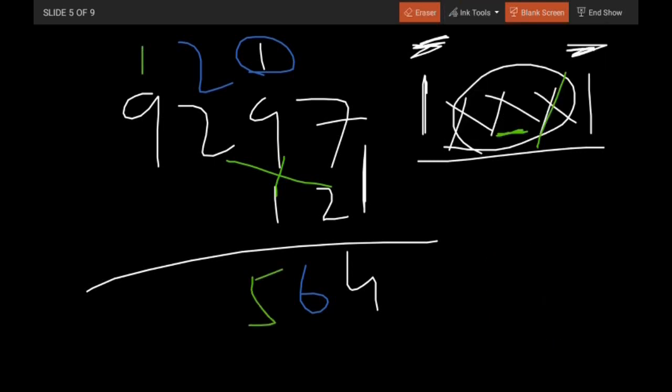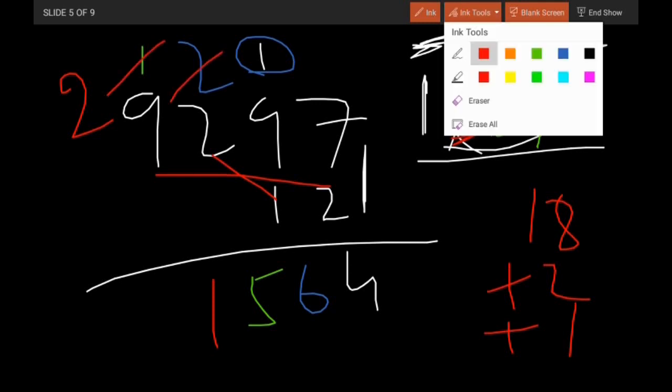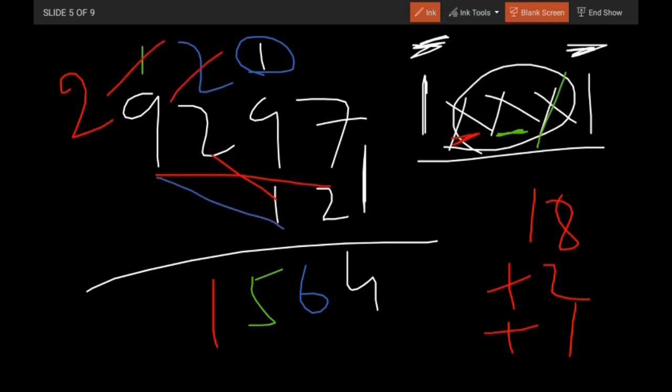Okay, now the next step is again cross this one. So it's going to be like that. I'll just erase this one, right? It's going to be like this. 2 9s are 18, plus 2, plus 1 carry, so it's going to be 21. Cancel out these. Now the last step is going to be straight again.